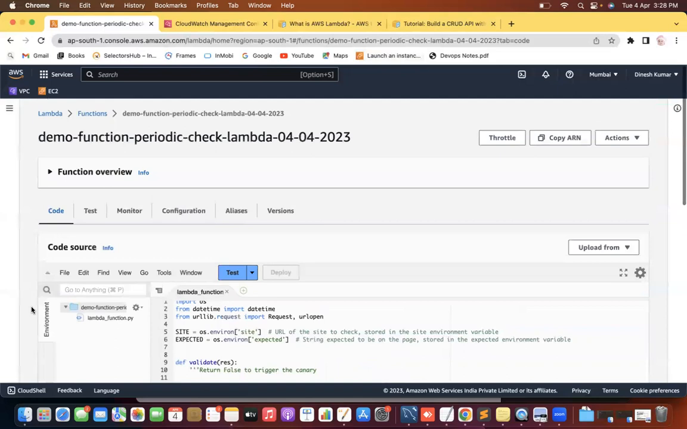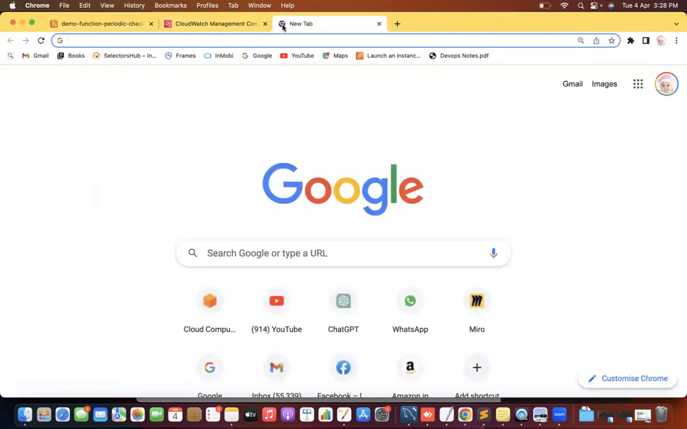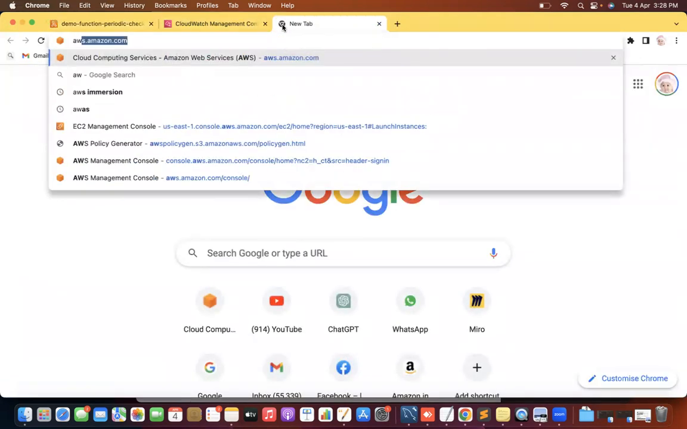Right. Now suppose, let me extend this demo by adding some alarm. I'm going to add some alarm. And before adding the alarm, I can also create a topic. So how can I create the topic? With the help of SNS, I need to create a topic. So let me create a